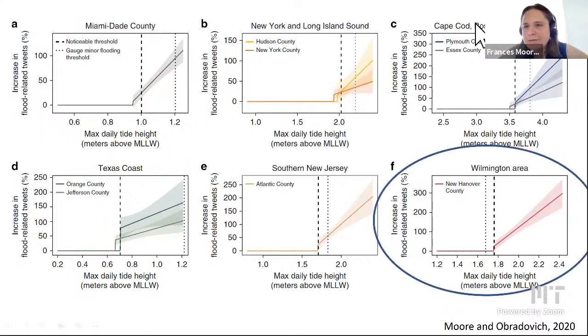There are other examples too, and this is another kind of interesting case. This is Wilmington, the Wilmington area in North Carolina. Here's a case where we identify flooding happening less commonly than the tide gauge. The tide gauge reports minor floods happening almost every week, whereas we would suggest that those noticeable floods are actually happening maybe once every 2 weeks, right? So really significantly fewer flood events happening in this area.